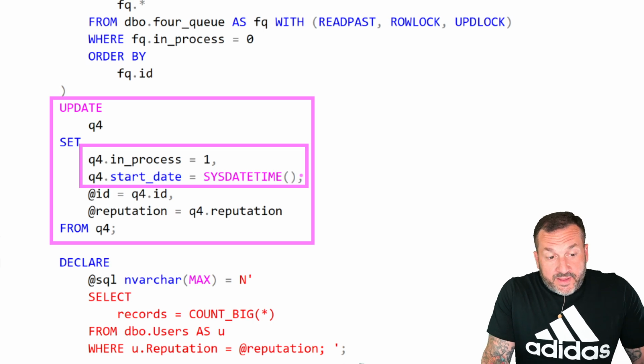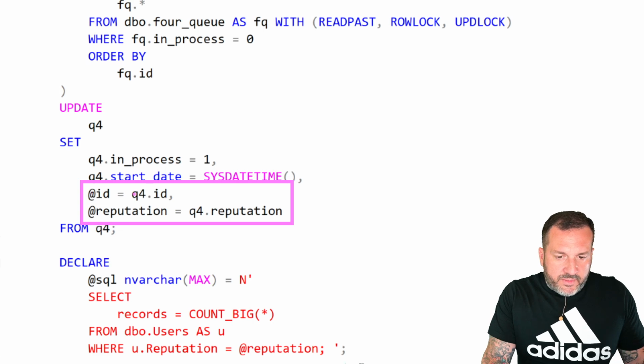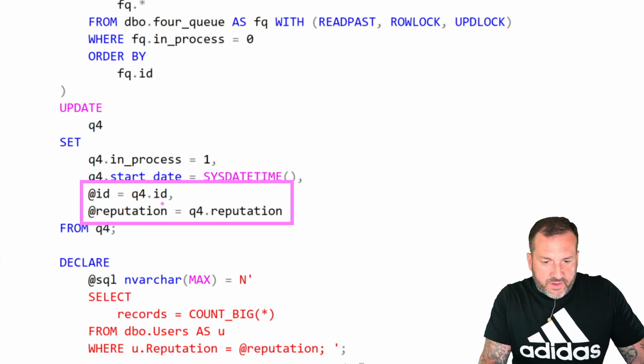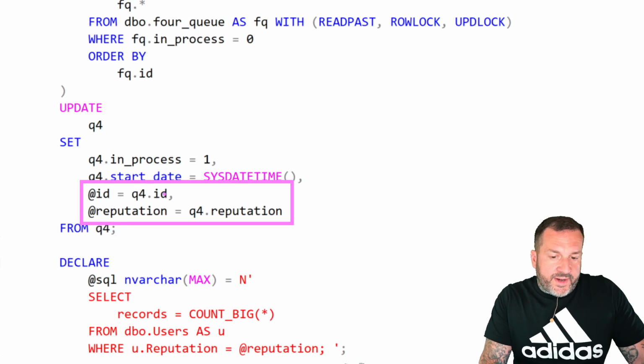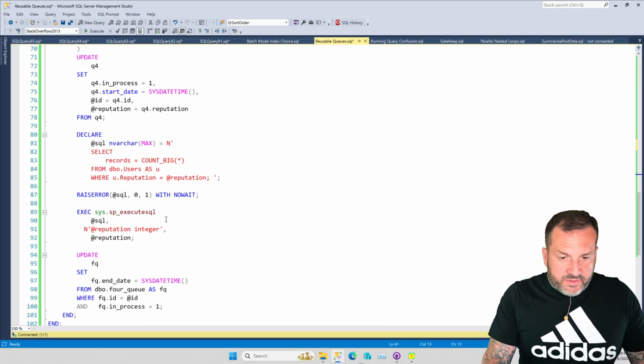And then we're going to do something that I think is particularly clever. In the same update, we are going to update our two parameters to be equal to the columns in the Q table that we found up here for the one row that we pulled out up here. We're going to set those equal to the column values that we pulled out there. Then we're going to use those